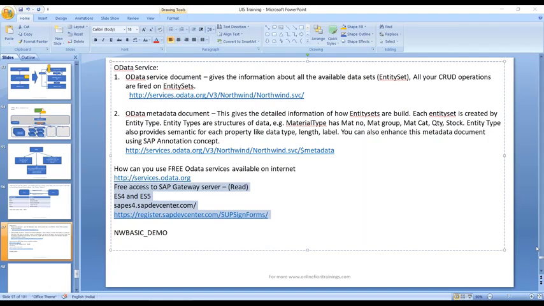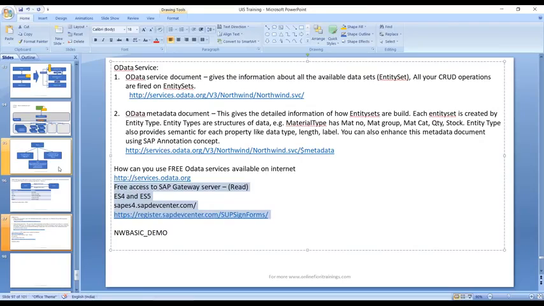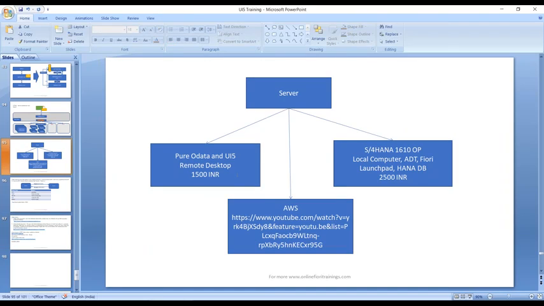ES5. Otherwise I wouldn't have spent 20,000, 25,000, 45,000 on OData servers with these vendors. If it would have been there, I wouldn't have spent money getting these servers, getting 9,000 rupees on Amazon server. My last month bill was about 12,000 for Amazon server, so I wouldn't have spent this much on these things. Already I'm spending because I think there is a need for it, because ES5 doesn't